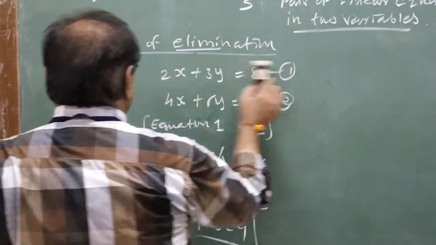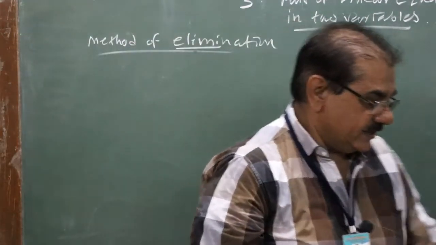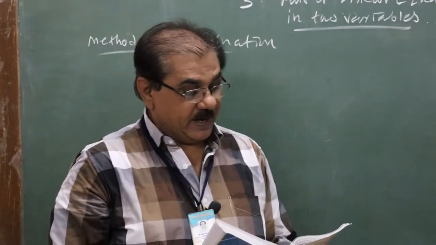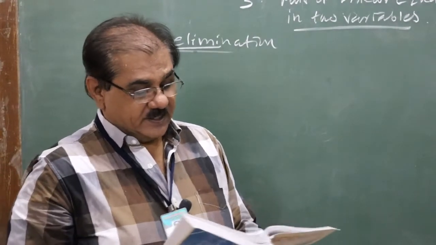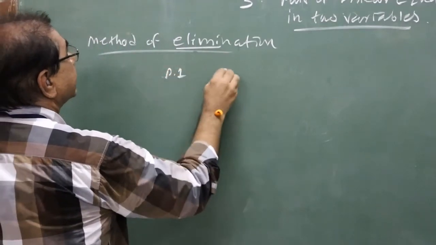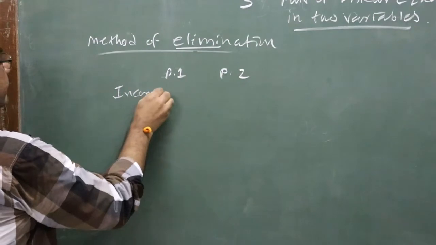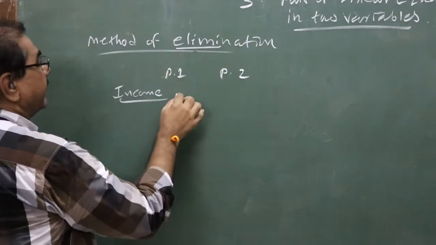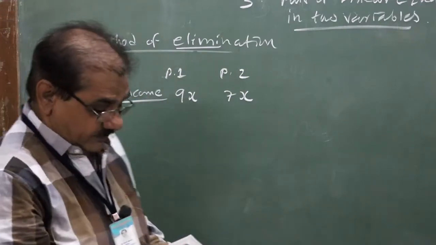We take one more example. In that, we will eliminate one of the variables and we will get the exact answer for x and y. Okay, we go for example 11, page number 54. The ratio of incomes of two persons is 9:7. There are two persons, person 1 and person 2. The ratio of their income is, first of all I go for income. Okay? It is 9:7. So suppose the income for the first person is 9x and for the second person is 7x. x is the variable we have assumed.